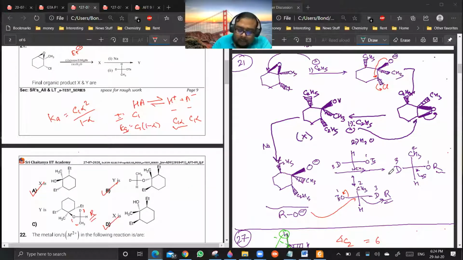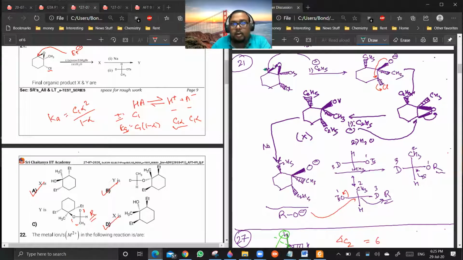Now you see, you have an epoxide as well as a chloride ion. Attack on the epoxide will be more imminent compared to attack at Cl minus, because the epoxide is highly strained. So C2H5 minus, even though it has both options, will first attack this part. It will attack the less hindered carbon of the epoxide. This is more hindered, this is less hindered. Are you getting my point?